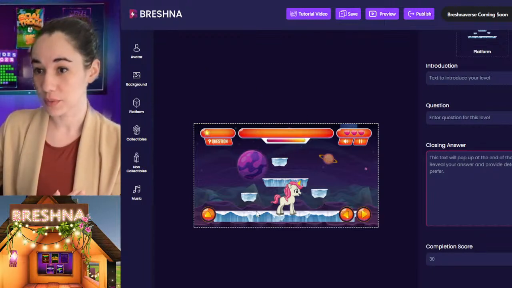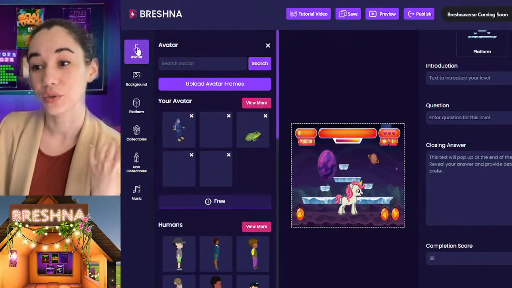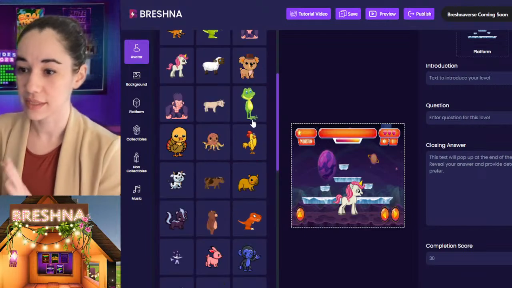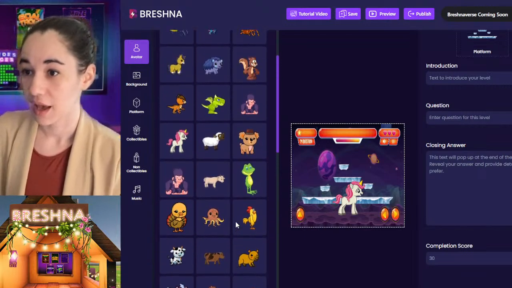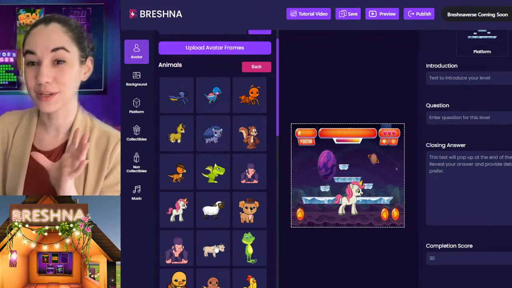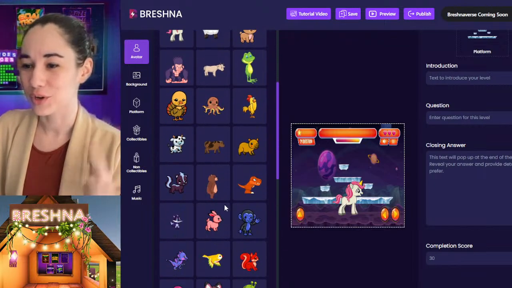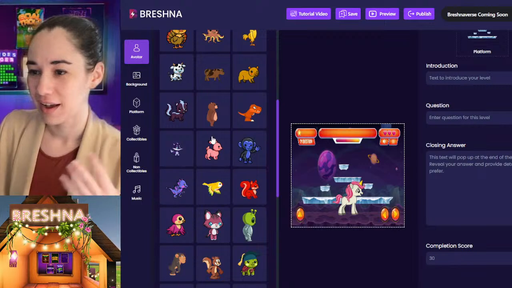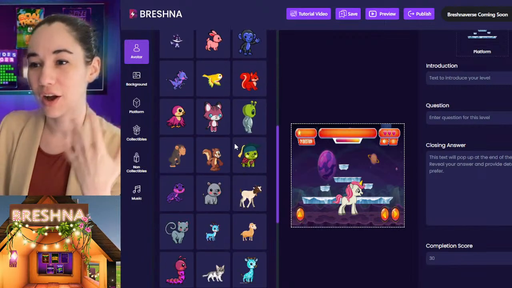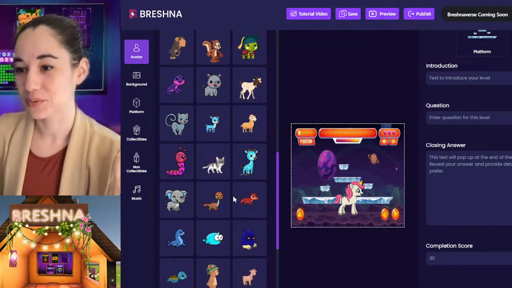So first, I'm going to adjust my avatar. I'm actually going to start with the desert. Let's see if we can find something that's a little bit desert-like. Now we do have a scorpion somewhere in here. I think I'm not going to do that because I have a scorpion as a non-collectible. We're going to do things that are harmful in the desert, as well as some things that are very natural in the desert,